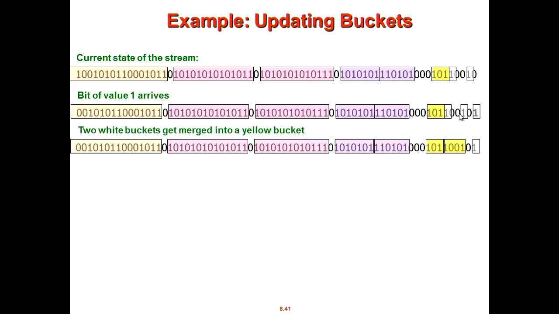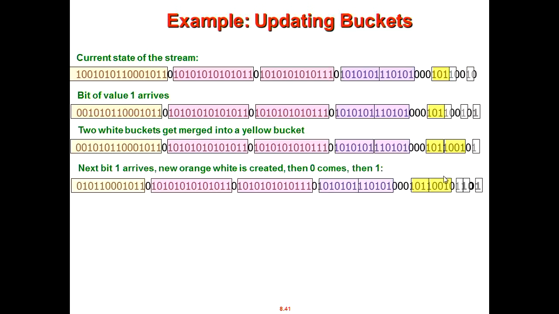So you merge them into a bucket of size 2. Now you have only 1 bucket of size 1 and 2 buckets of size 2. That's fine. You do not need to do any more updates because all the updates have been finished. It satisfies the requirements of this algorithm. But next time, if you get another 1,